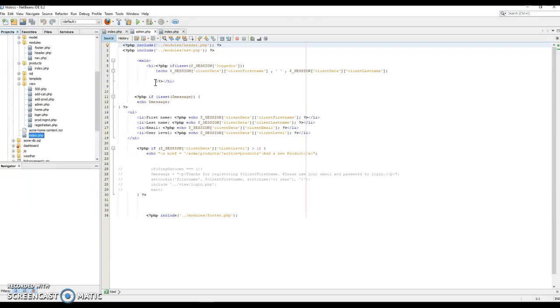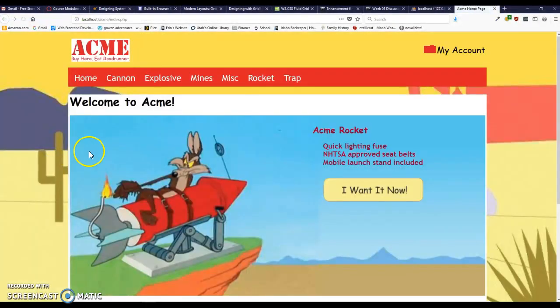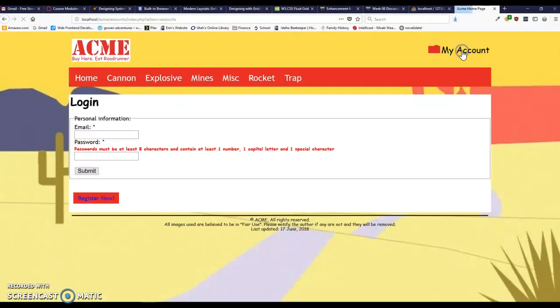This week we were working on logging in and logging out clients on the Acme website, and we created an admin view and worked with sessions, and I don't want to repeat myself, so we're just going to go onto the website. So here we go. So if we were to log in, then